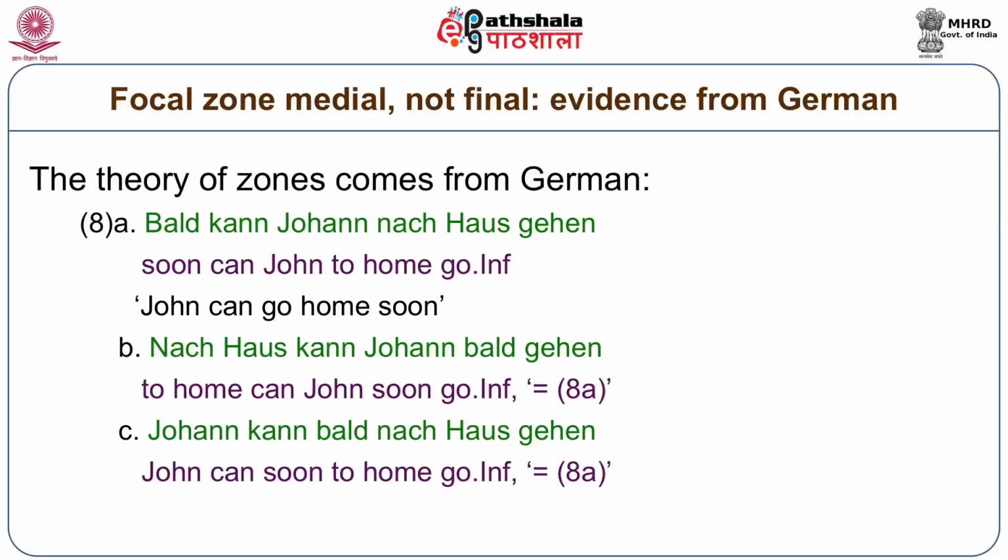The finite verb itself preposes from the second goalpost to the first goalpost. The result is corresponding to the embedded sentence that John soon to home goes. You get the root sentence 10a, soon goes John to home, or in the format 10b, John goes soon to home, or in the format 10c, to home goes John soon. These are frequent sentences.